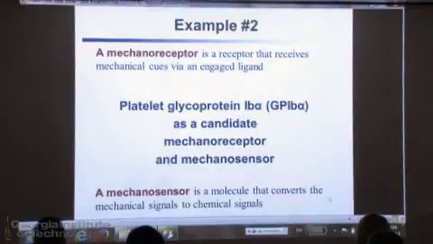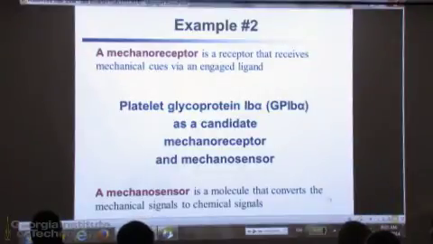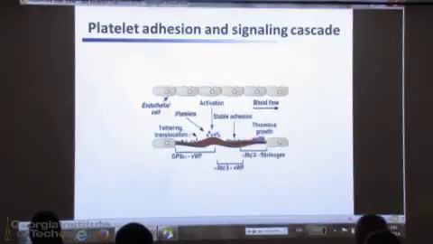Later on, I'm going to replace this with integrin alpha 2 beta 3 and say that is another candidate for mechanoreceptor and mechanosensor. So go back to this cartoon that shows the thrombotic and hemostatic cascade where platelets adhere